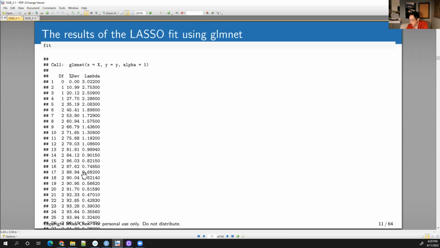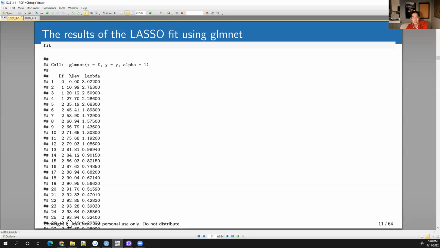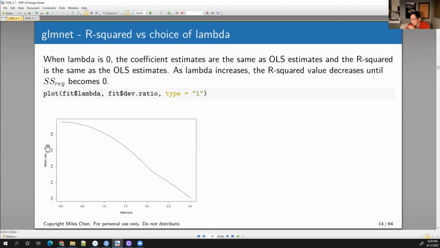And we can see that as I shrink my lambda, and it gets cut off, we get something closer, it gets higher, but we don't ever exceed that 95.4% R squared value, because when lambda equals 0, it's going to reach OLS. So we're not going to outperform OLS. Okay. All right. So this is what we have, and here's also a picture of